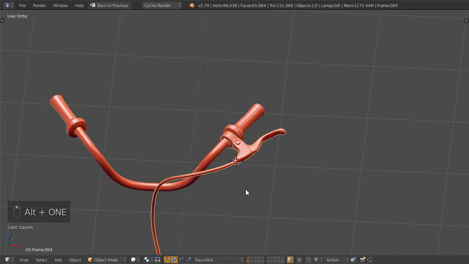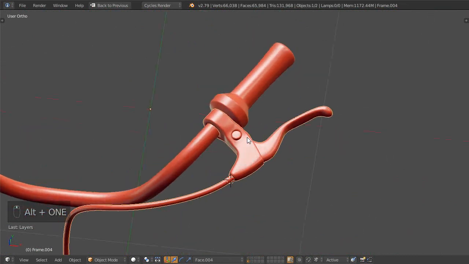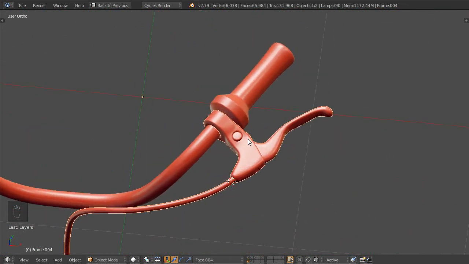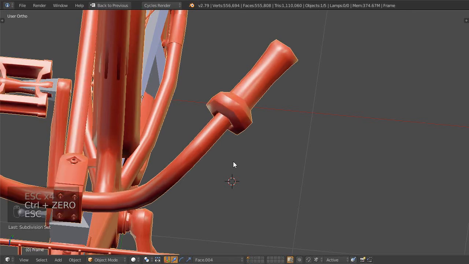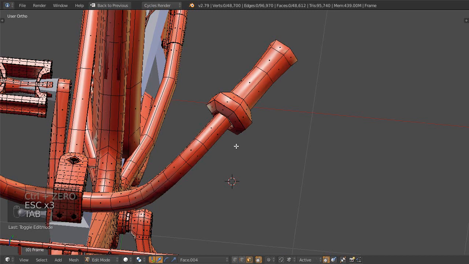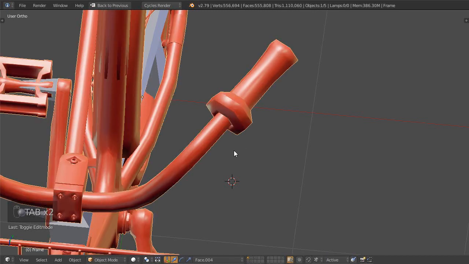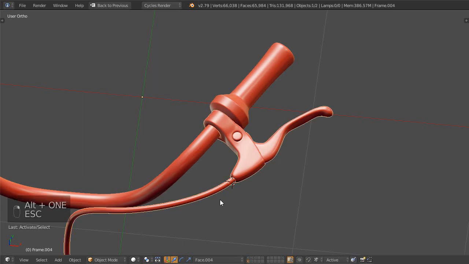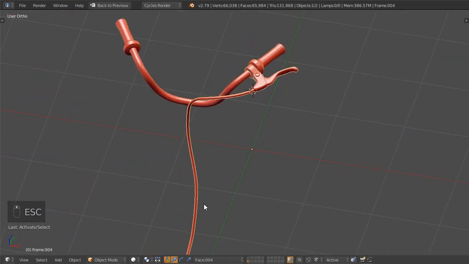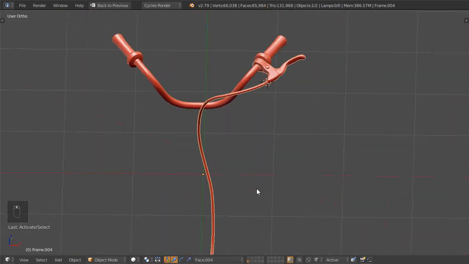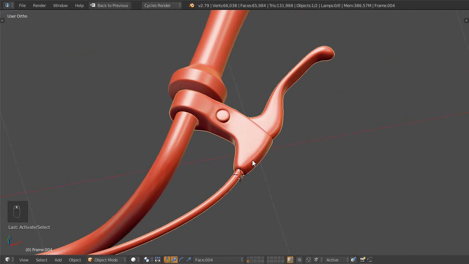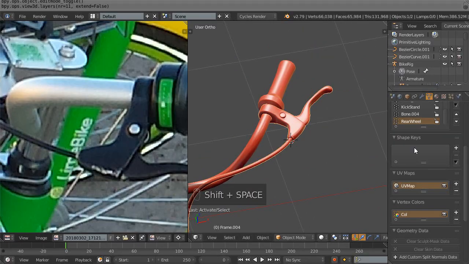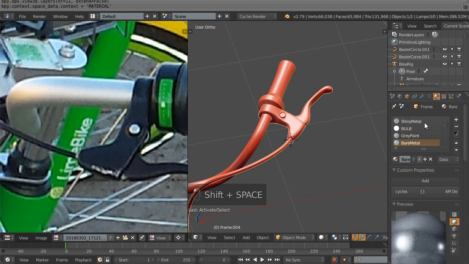I'm going to go back to the Alt-1 so it's not taxing on my computer. Well, take that bike, go Control-0, come on, Tab, Control-1. Now these are joined. Okay. And the material,